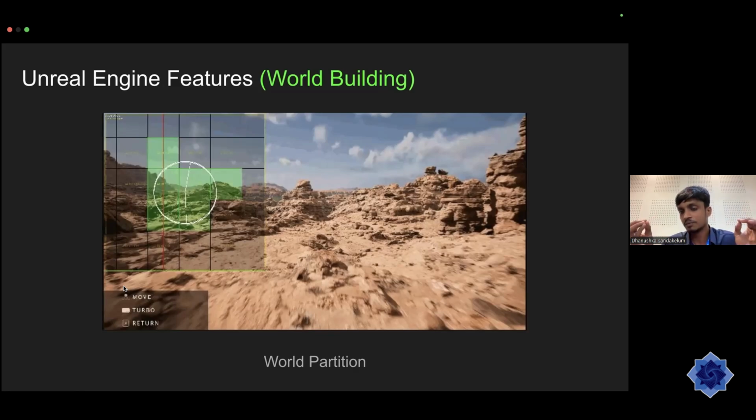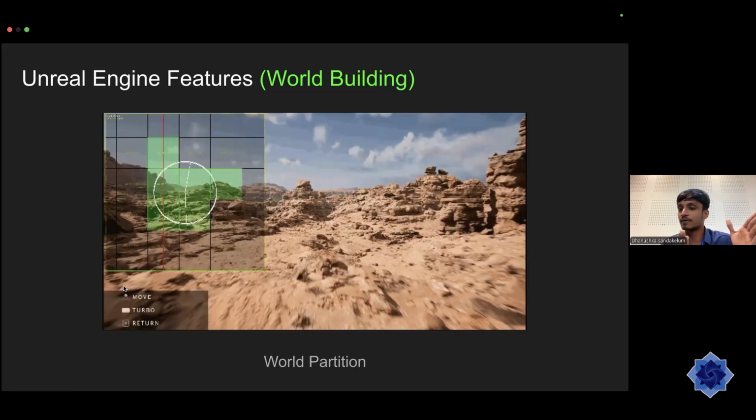At runtime, the computer is not going to run that entire level at once, right? What it does is chunk the level, and it takes those assets into your memory at runtime based on those chunks,